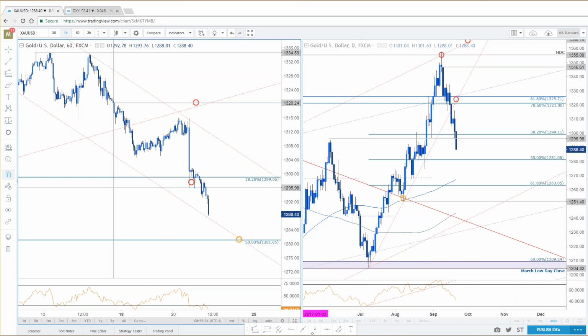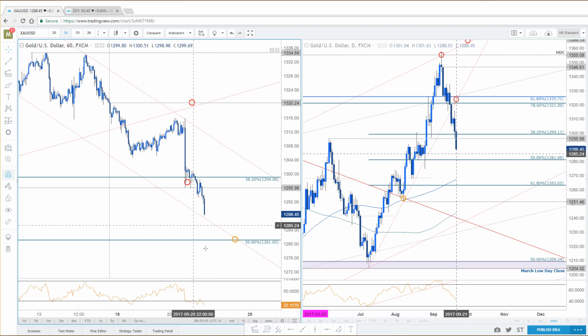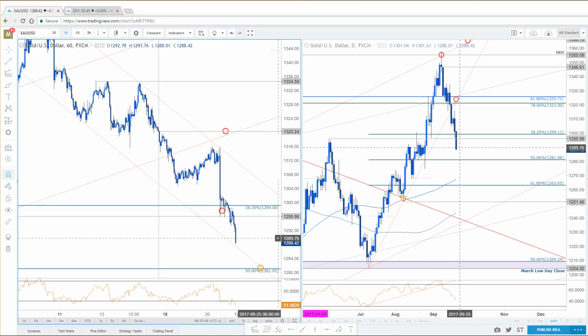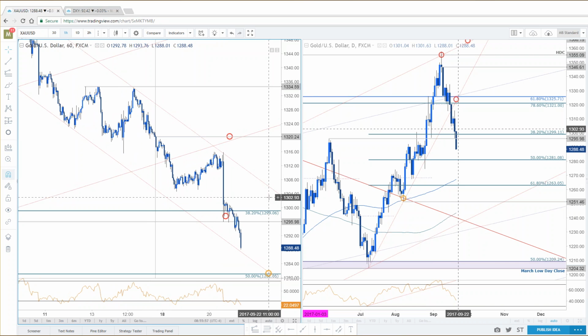Even as a near-term trader, if you're going to look to play some sort of rebound, we'd want to see a little bit more of a compelling momentum profile to fit that kind of play, and second of all, price action needs to react somewhere around that lower parallel. Otherwise, you just look for 1281 as your next downside. But I wouldn't go chasing new lows here in gold just yet.